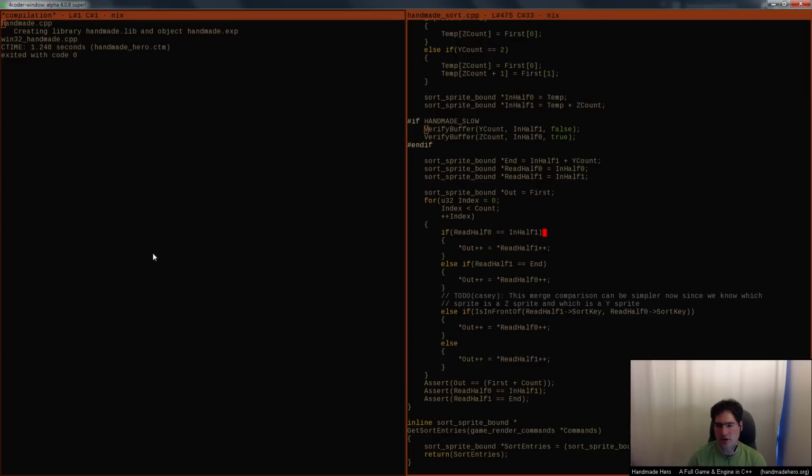And then we would come through here and we would say we need to merge these guys together. Now, my suspicion is that since we now are working with these planar sorted striations, at this point, what we would probably want to do is make sure that we just always sort the, well, I feel like we still have a little bit of an issue here with the merging. So I feel like we're going to need a little bit of a better merge to make this go correctly, because